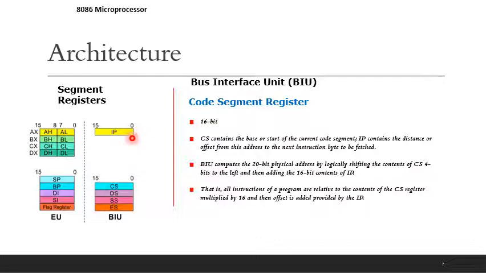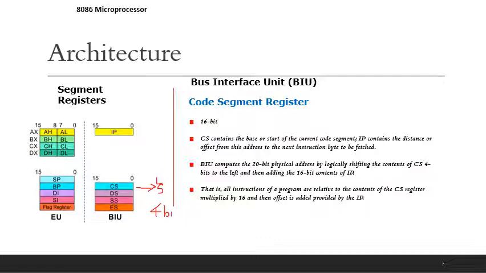The bus interface unit computes the 20-bit physical address by logically shifting the content of the code segment 4 bits to the left and then adding the 16-bit content of the instruction pointer. So what it will do is, it will first left shift the content of the code segment by 4 bits.